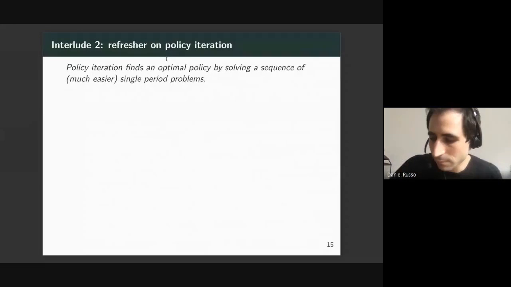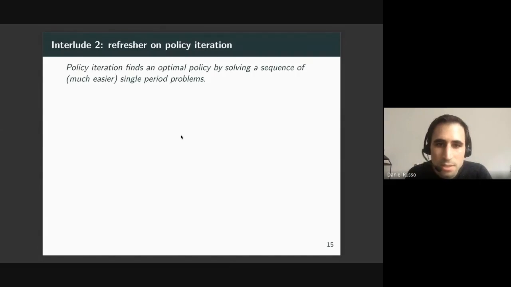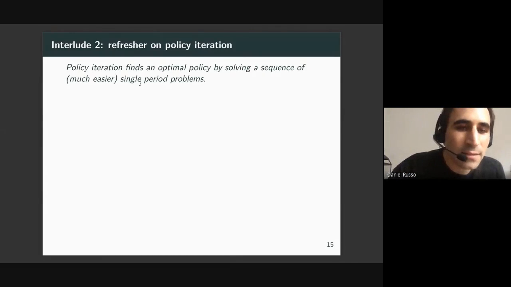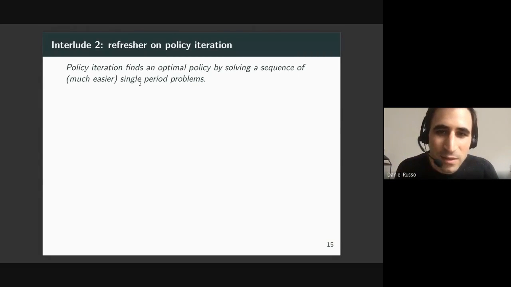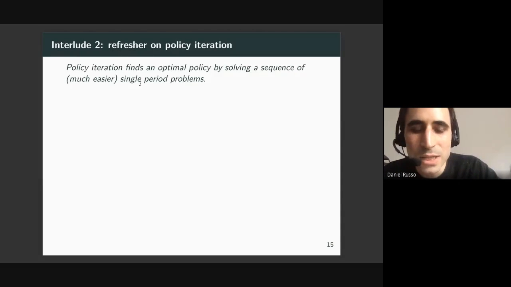Okay. So with that, let's make this closure condition and its implications more precise. The analysis is going to go by thinking about a much better understood procedure, policy iteration. Policy iteration, unlike policy gradient methods, follows the classical principle of dynamic programming of searching for an optimal policy by breaking the problem up into a sequence of simpler one-period problems.